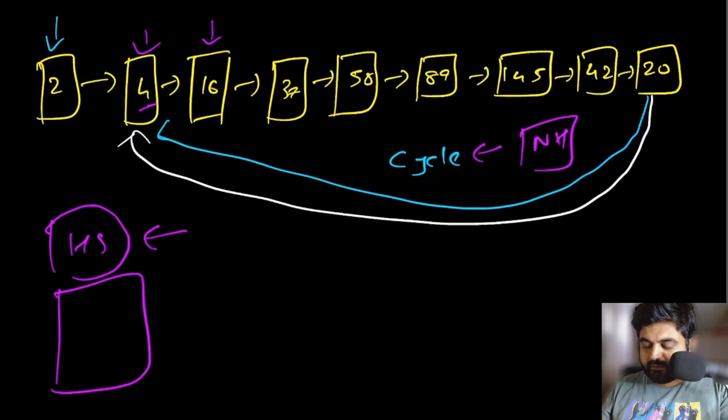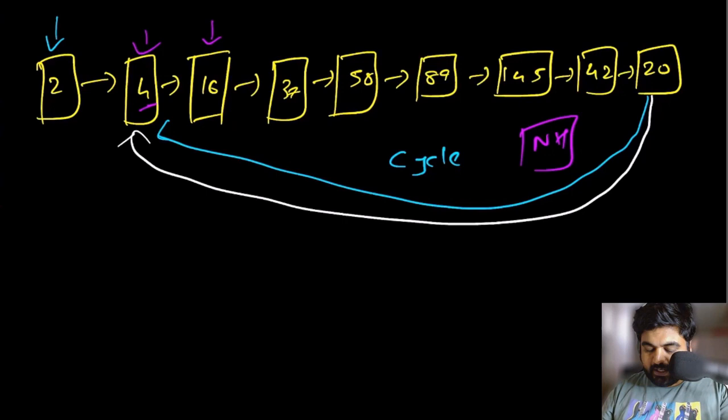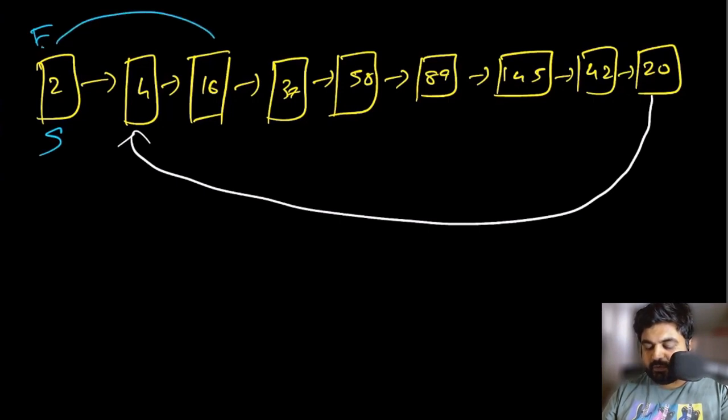And this is what your interviewer is going to ask you: can you do this without using a hash set? Since this is a detecting cycle problem, we are going to use one of the most beautiful concepts that we learned recently, and that is the fast and slow pointer concept, where fast pointer is going to do 2 iterations at a time and slow pointer is going to do 1 iteration at a time. And the moment fast pointer and slow pointer end up at the same position, we can determine that the cycle has been detected.